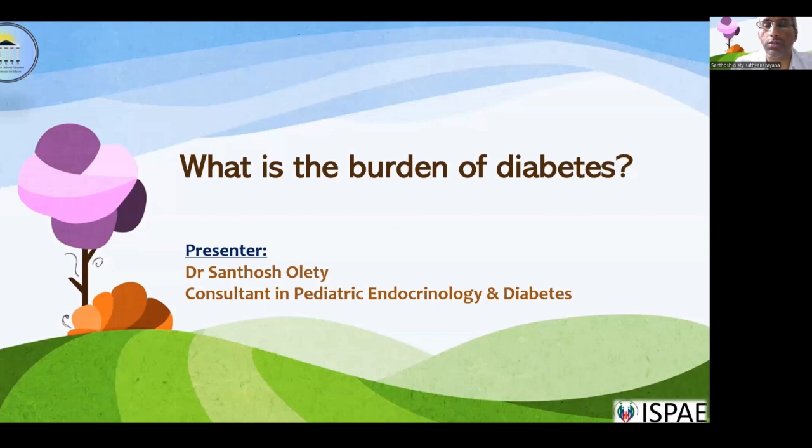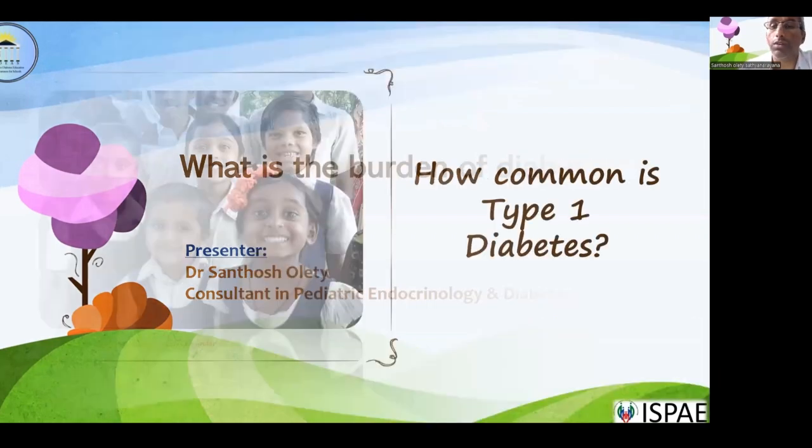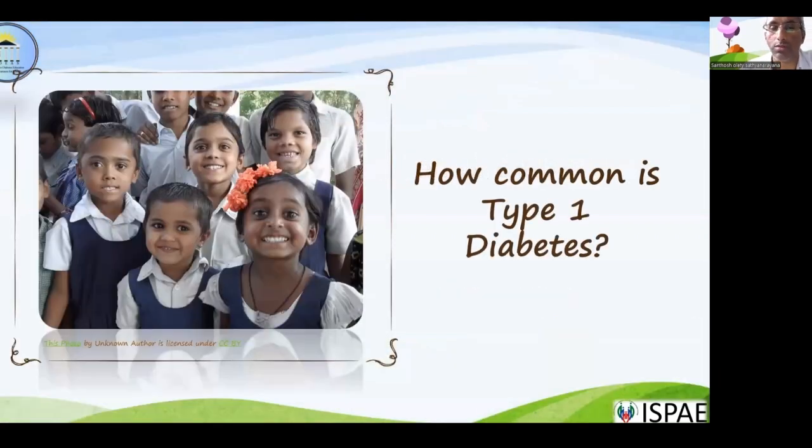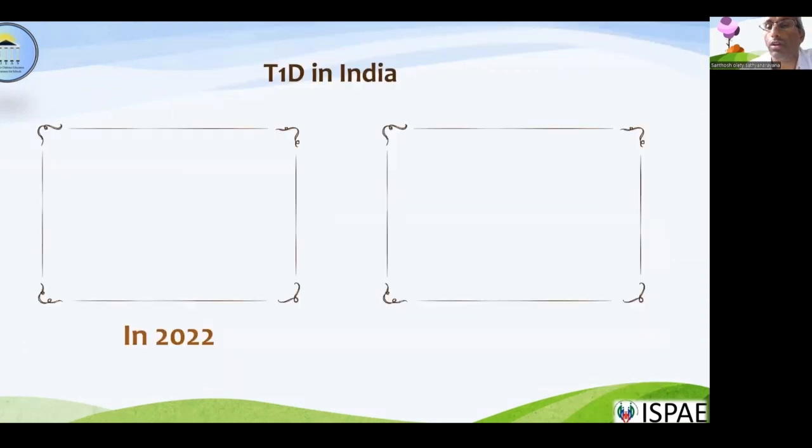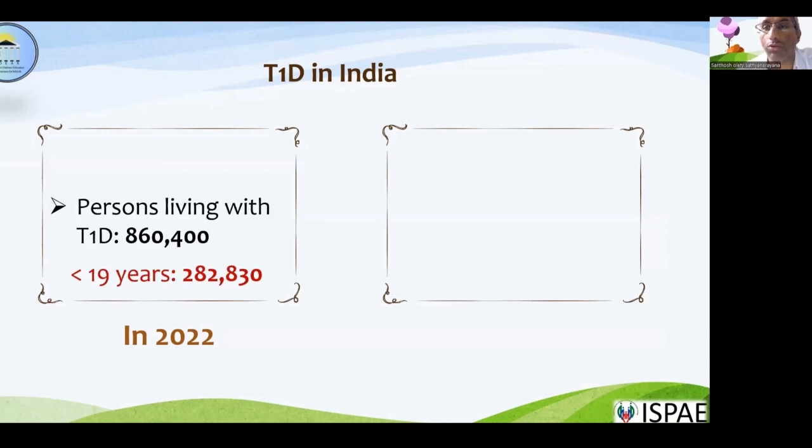So here we'll be talking about the burden of diabetes, which means how common type 1 diabetes is in our society, globally and locally. To look at this, we got some data from the Type 1 Diabetes Index, which was published in 2021, which showed the number of people with type 1 diabetes around the world was estimated to be around 84 lakh individuals, out of which, in India in 2022, it was estimated around 8.6